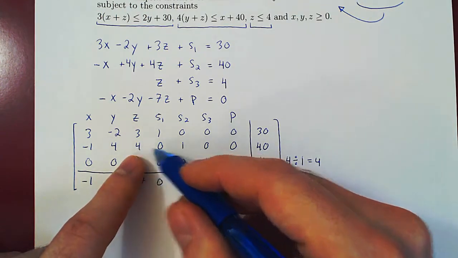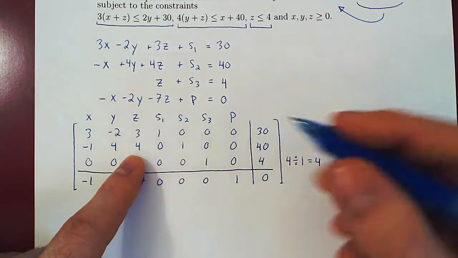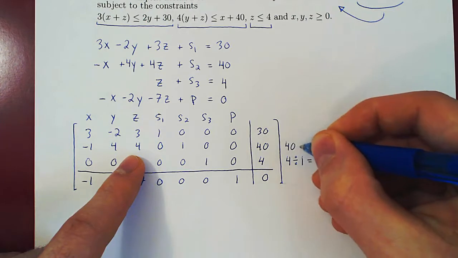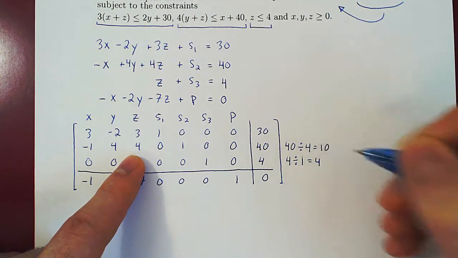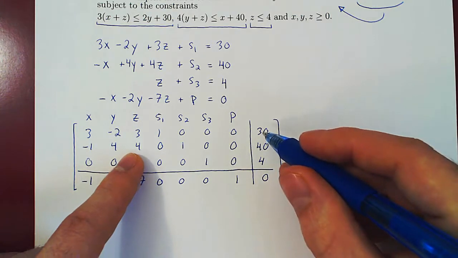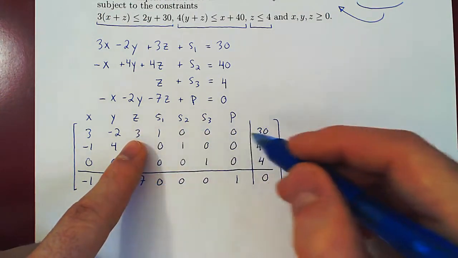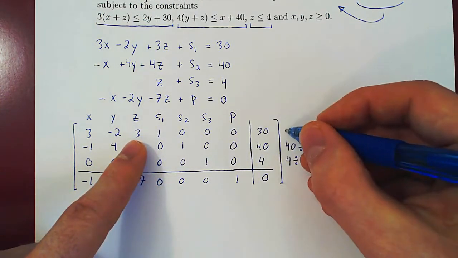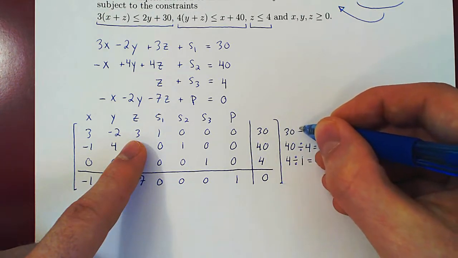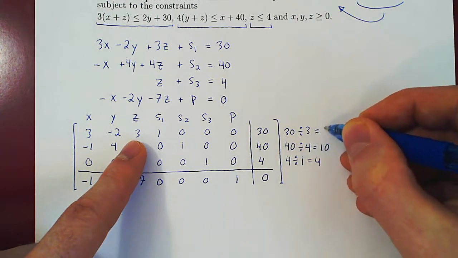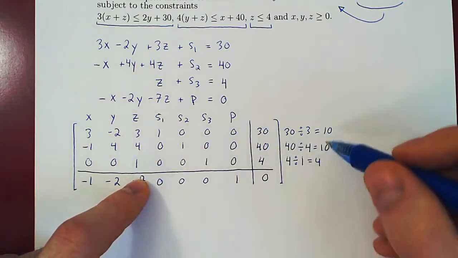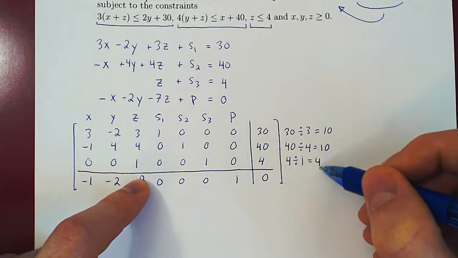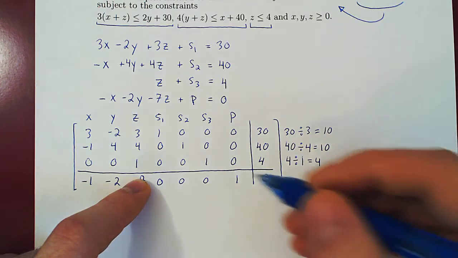For this entry, the ratio is 40 divided by 4, which is positive 10. And for the entry here the ratio is 30 over 3, which also is positive 10. As always, we now single out the entry that yields the smallest ratio, here being 4,